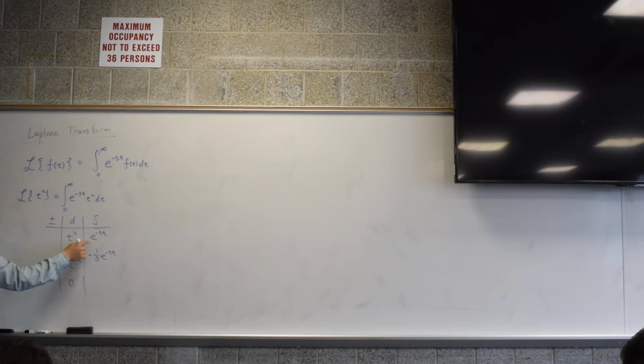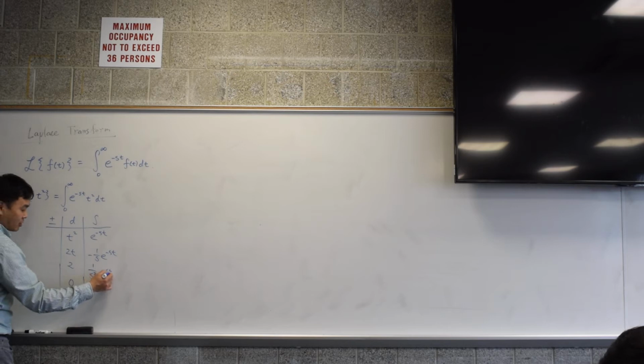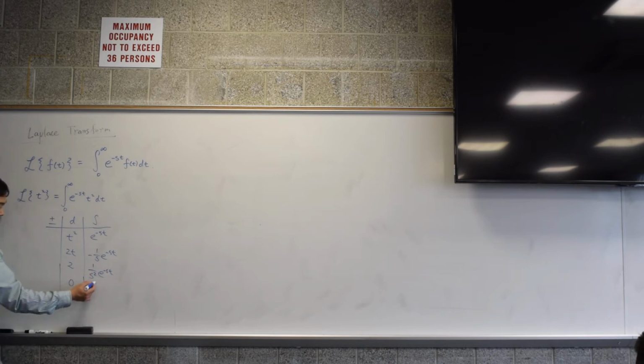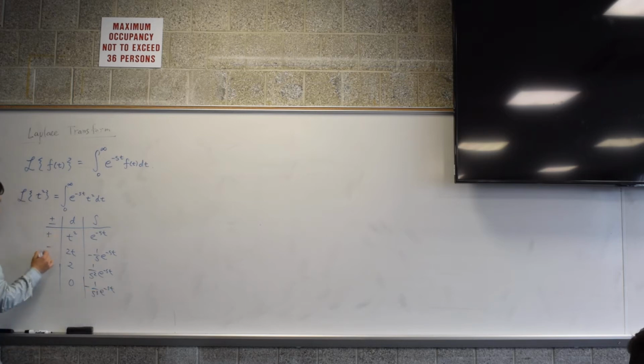See, anytime you integrate e to the at, 1 over a pops in front. So that's what I wrote here. Integrating again, you get 1 over s squared, e to the negative st. Integrating again, you get negative 1 over s cubed, e to the negative st, plus, minus,